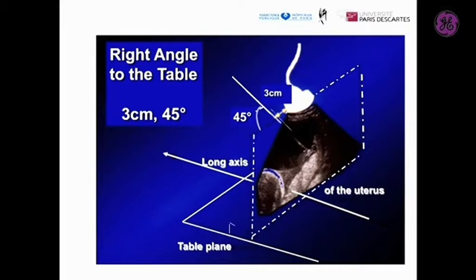You should hold your transducer perpendicular to the table, not towards the round abdomen. The needle, not using any magnification, should be entered at 45 degrees either to the table or to the cable of the probe, which is exactly the same if the probe is actually held 90 degrees to the table. And then the tip of the needle should be followed from its entry into the skin right to the middle of the target, which will also be the middle of the screen. So theoretically, you could do that completely blind, closing your eyes,